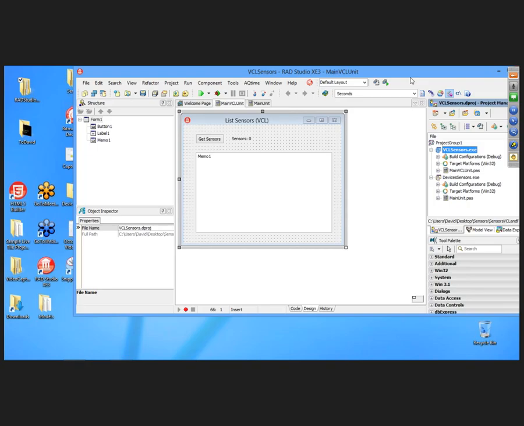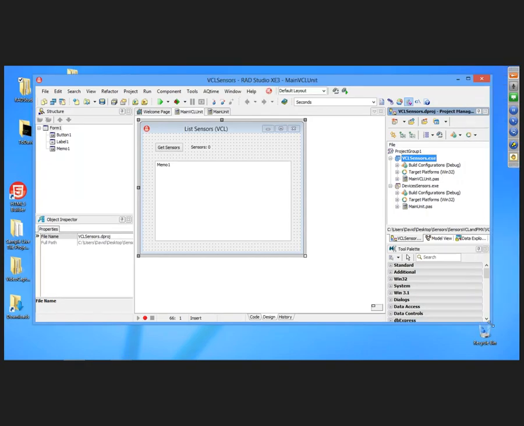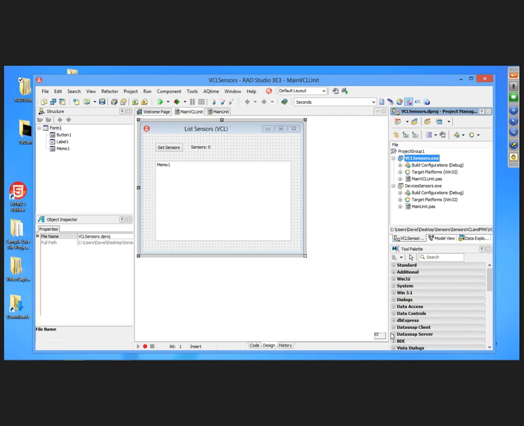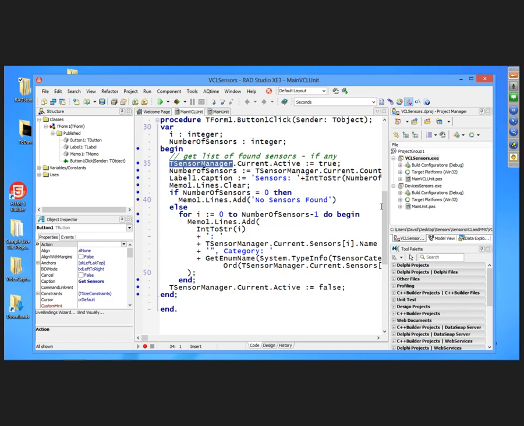Okay, so I'm on a Samsung Slate, and I have two more examples that I've written, and they have to do with getting at the sensor information for the sensors that are available on a machine. And I showed devices earlier, and you can use the sensor management system in both VCL and FireMonkey applications. So this first project is a VCL application. It looks like a VCL application. And underneath the covers, I use the sensor manager, and I'm using the